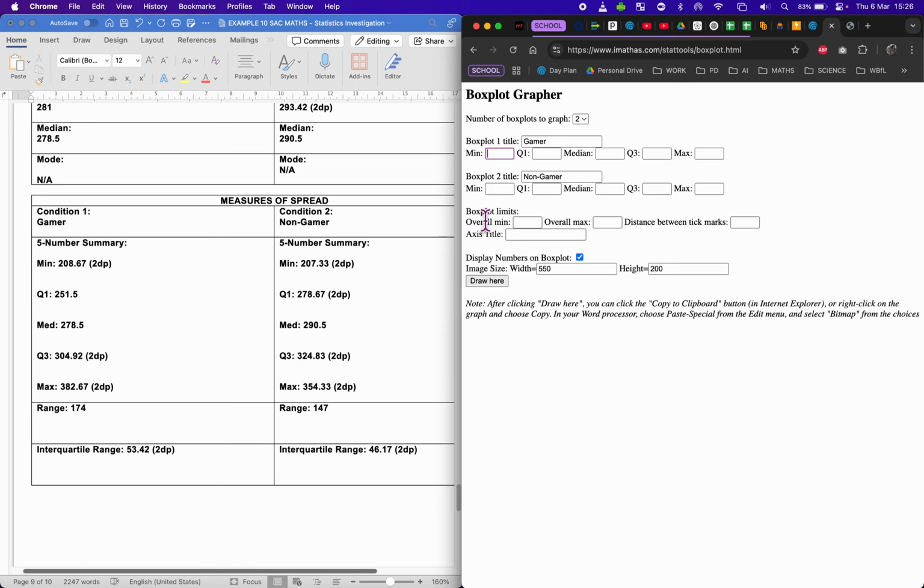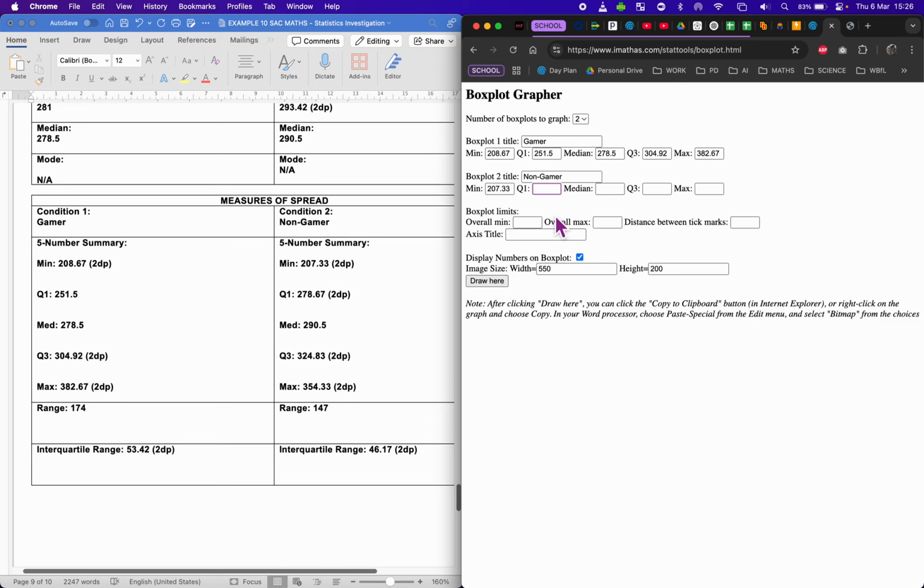So what's the minimum of the gamers? 208.67. 251.5 is quartile 1, median 278.5, quartile 3, 304.92, max 382.67. Box plot 2, non-gamers, smallest was